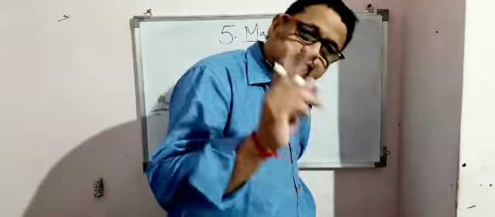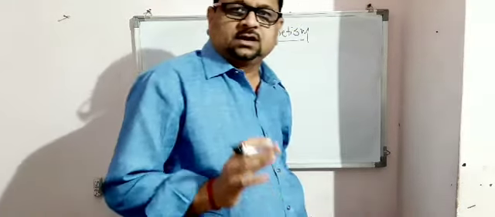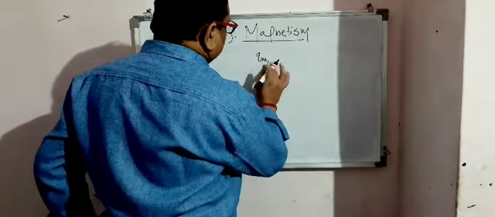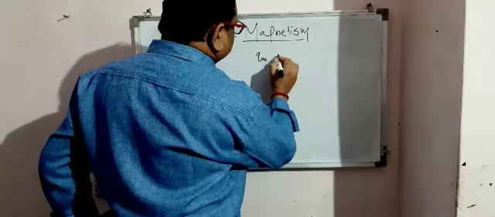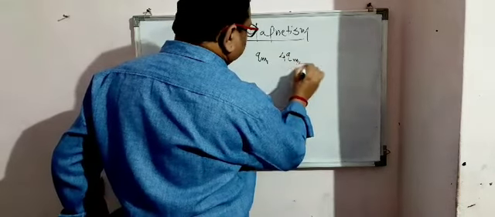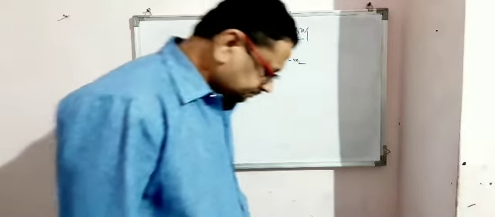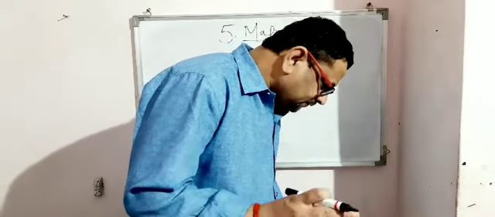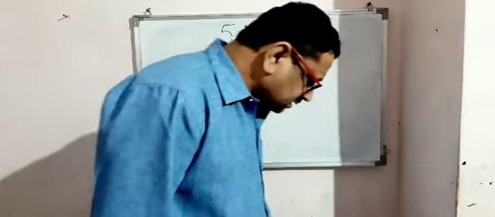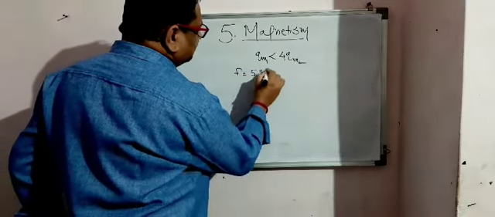Two magnetic poles are there, one of which is 4 times stronger than the other. If one of the poles is QM1, or suppose QM is there, and another one is 4QM2, of course this is 4 times greater. Two magnetic poles, one of which is 4 times stronger than the other, exert a force of 5 gram force on each other. That is given, 5 gram force.